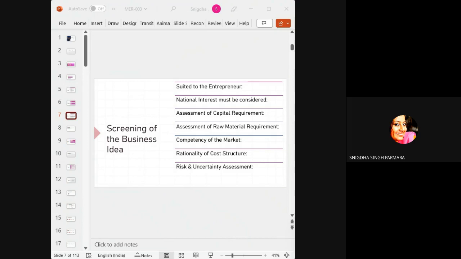Risk and uncertainty assessment. In general, every business faces risks and uncertainty. There's no business which comes with fixed return and zero risk. Every business has to face risk and uncertainty, so every entrepreneur is generally prepared to face it. But in case the risk or uncertainty